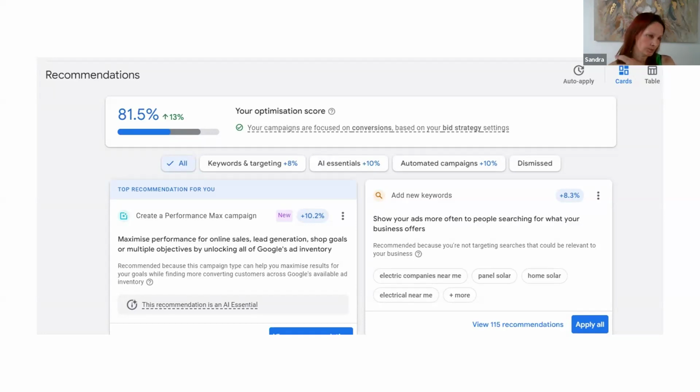Your optimization score, that's the health of your ad, and basically looks at, have you done these recommendations that we think is right for you? Try and keep your score above 75% because it does affect how Google rates your ads. And you either apply the recommendations or you click on the 3 dots and click on dismiss. You can dismiss them all and your score will go up to 100%. It will keep dropping, so you do have to go back in and redo it all again. But that's generally good practice.